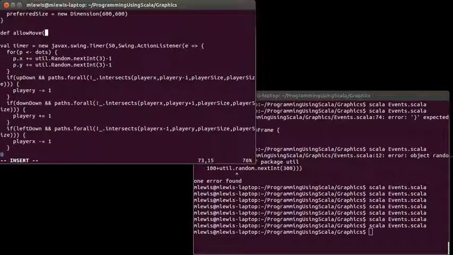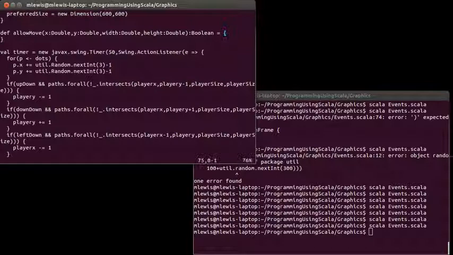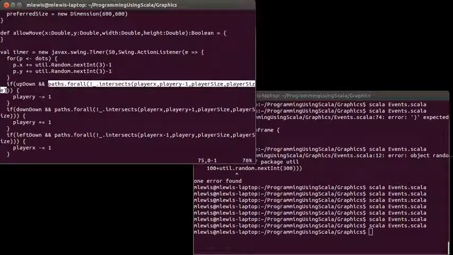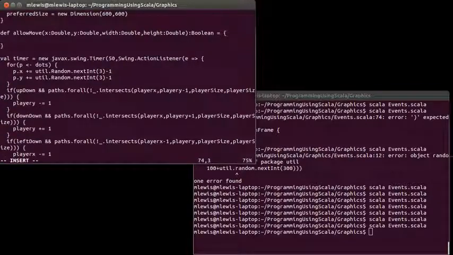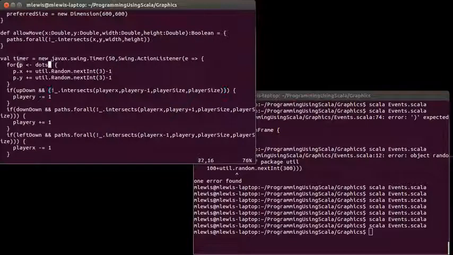allow move, and what I want to pass into here is an x, a y, and a width, and a height. And this is supposed to return a Boolean. And these things get replaced with x, y, width, height. So when I call allow move, I can pass it whatever size I want. So if move is down, and oops, this is supposed to be a no, okay,